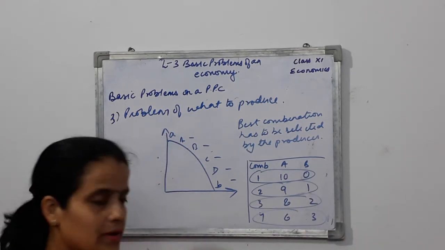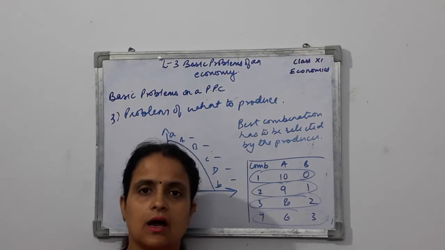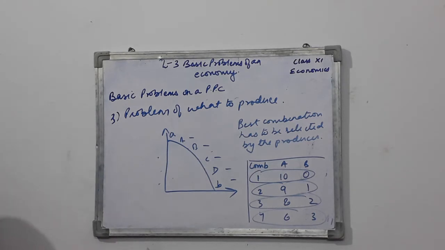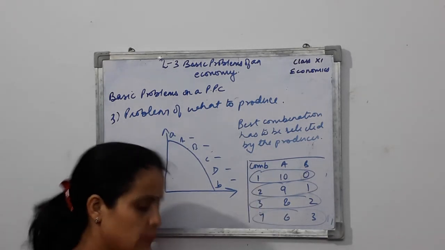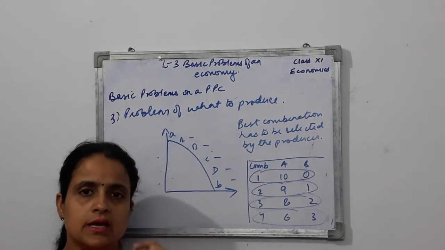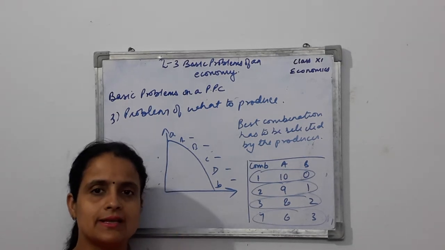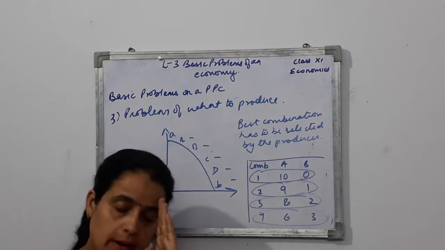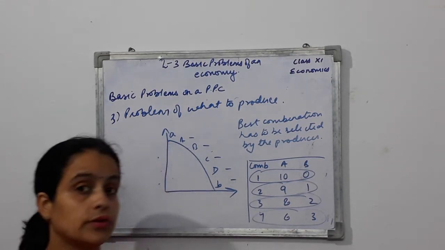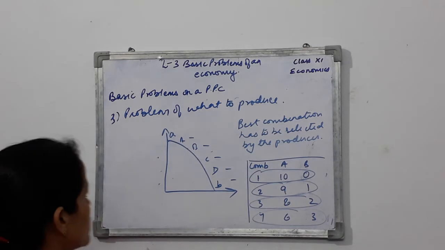So what does combination basically mean here? Combination means here the quantity of different commodities that can be produced. Now, as far as the choice of the producer is concerned, why does he have to make the choice? The very important question arises here: why does he have to make a choice? He has to make a choice just because of one reason, and that reason is the scarcity of resources. The major problem is the scarcity of resources. The resources are scarce, that's why it becomes very, very important for the producer to make a choice.